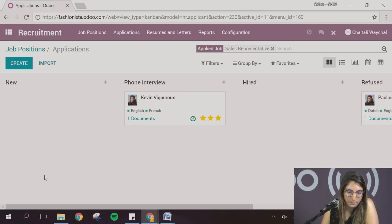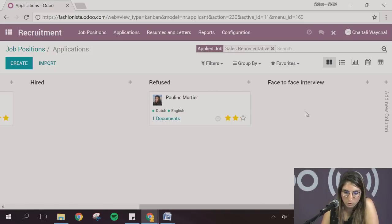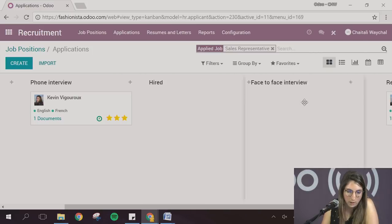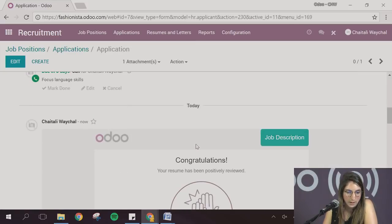Save it. And now, I don't know why the column just moved, but it's quite easy to change it as well. So you see that I can just change it like that. Now I put it here. And now if I put Kevin Vigoureau here in that column, Kevin will automatically receive an email